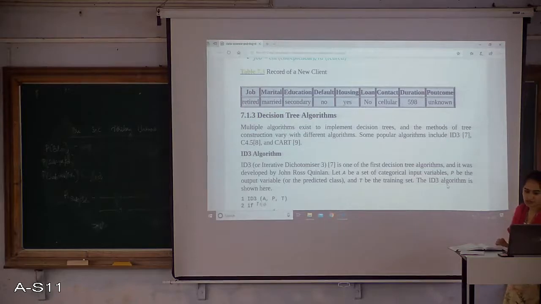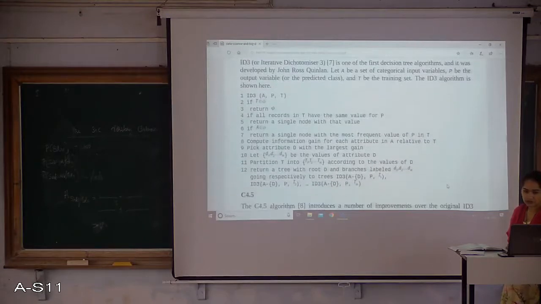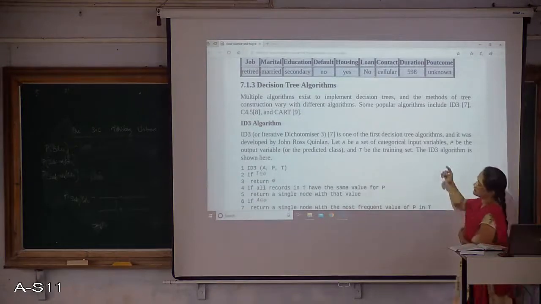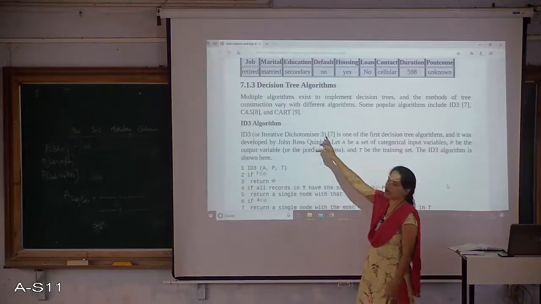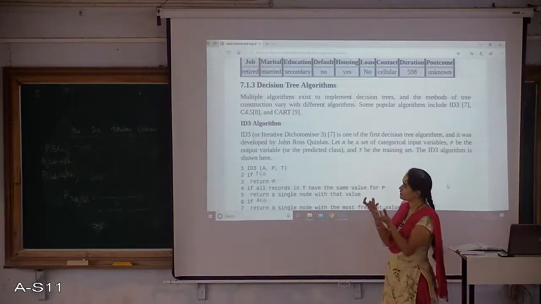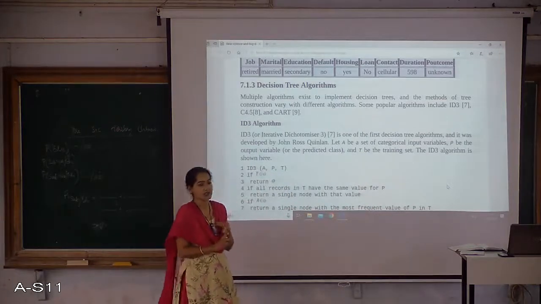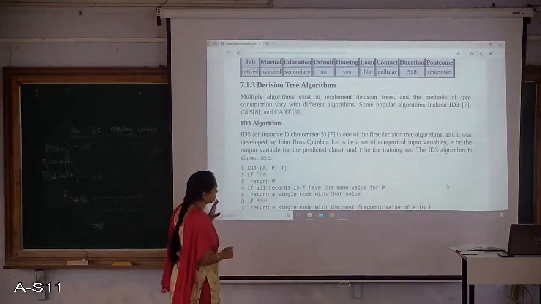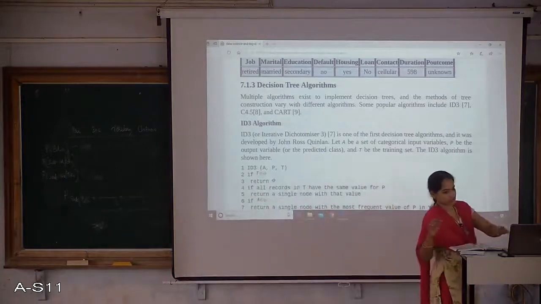Okay. Now, how exactly does the decision tree algorithm work? Before going to that, there are different varieties of decision tree: ID3, C4.5, CART. These are the three different variations of the decision tree. The main concept behind all these algorithms is the same: calculation of entropy, calculation of information gain, then checking the significance of the split. All those basic things are the same. Only a little variation will be there in the tree structure while constructing, right?